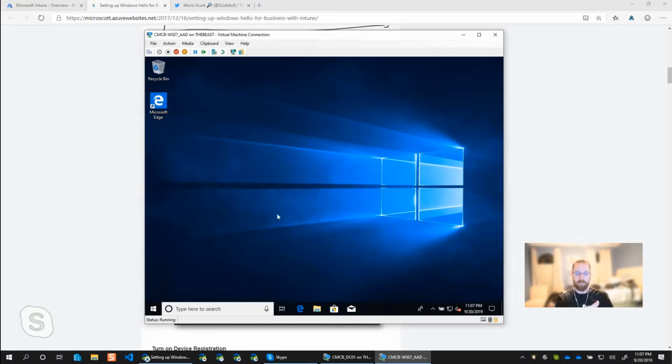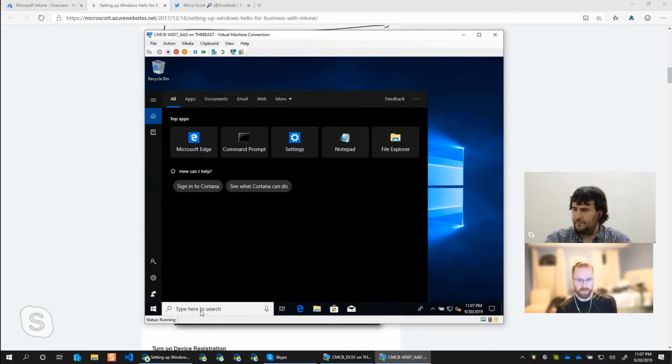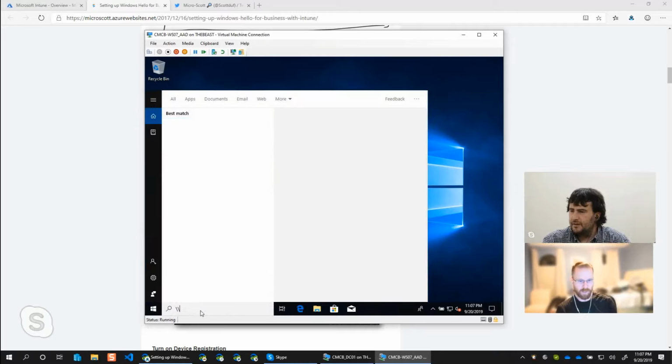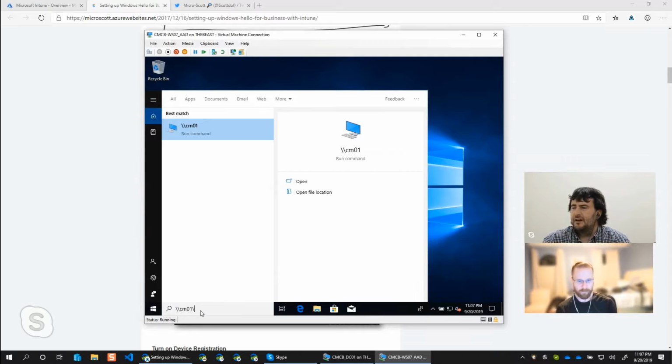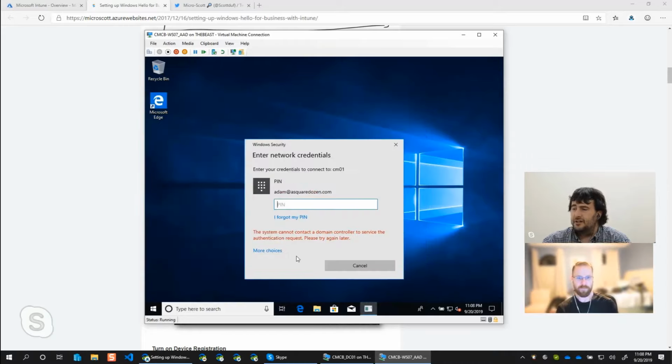So I've now signed in to my Azure AD joined VM with my PIN, and I think you were going to get me to browse to a resource. So I'm going to try to get to my... oh, see, look, Windows needs our current credentials. It doesn't like that. So I'm just going to try to browse to one of my servers. Your CCM server, for everybody's reference. Yes. And we're just trying to connect. And what you'll see here is we're now getting prompted for